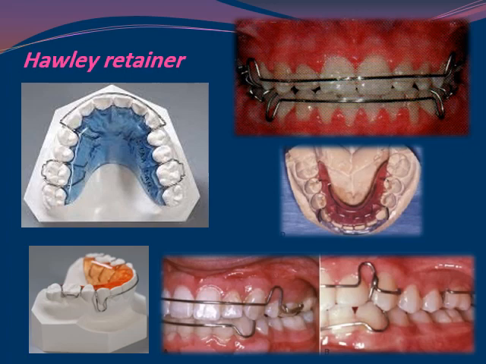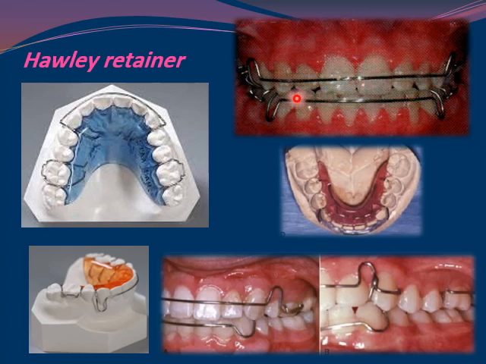Hawley retainer is a simple removable appliance that consists of an acrylic base plate with a Hawley arch and Adams clasps on molars. These are the main components of Hawley retainer: Hawley arch, Adams clasp on molars, and acrylic base plate. In certain cases, we can add certain modifications or additions to the Hawley retainer, depending on the case. These modifications include